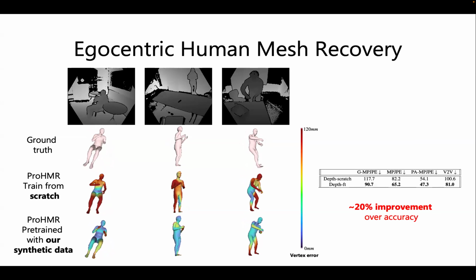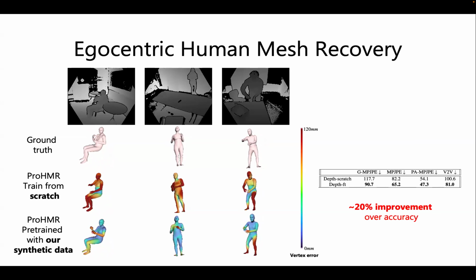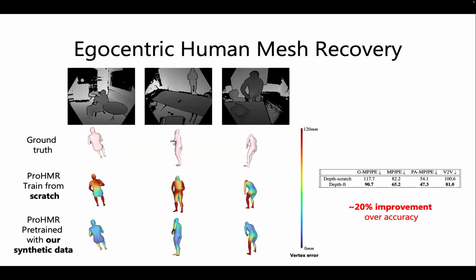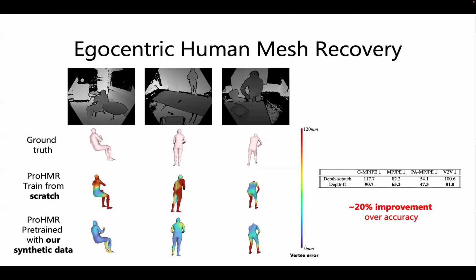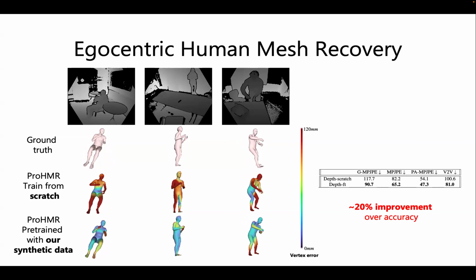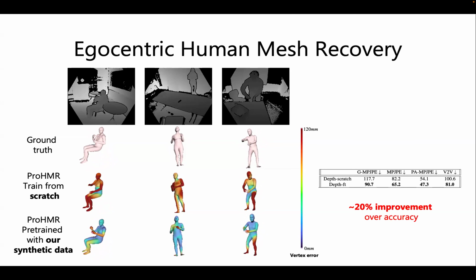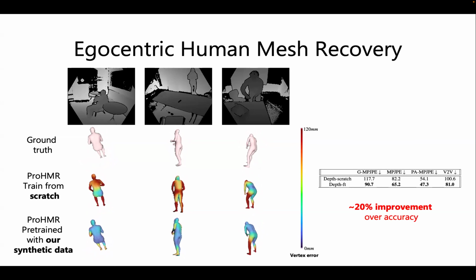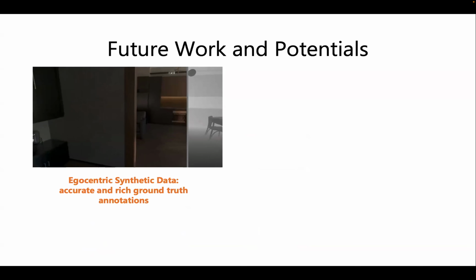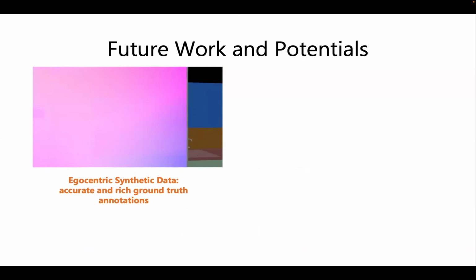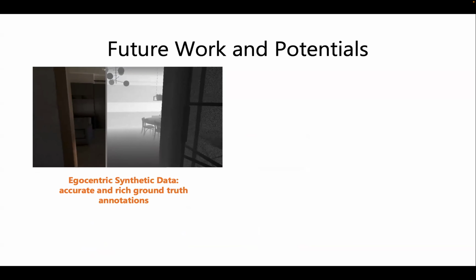So even though so far we have only shown two perception tasks with this synthetic data, I think it's very promising. With better and better human motion models, for example hand-object interaction models, I think the potential is huge. As I mentioned, from this egocentric synthetic data we get very accurate and rich ground